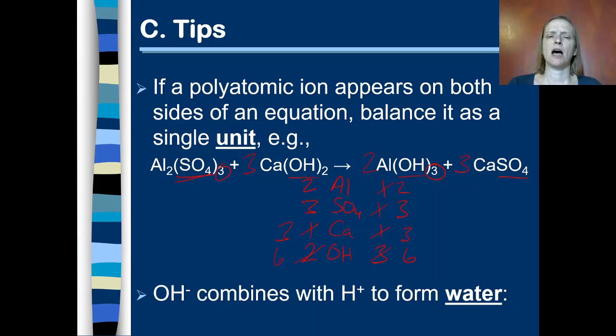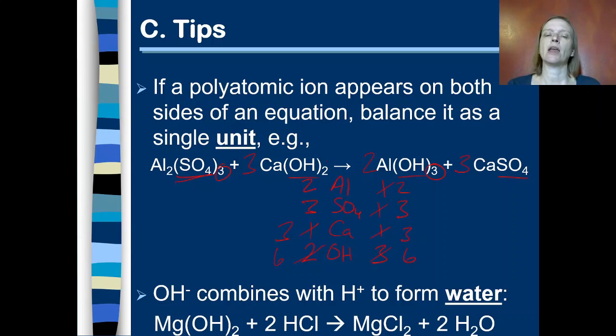One thing that comes up with trying this strategy with the polyatomic ions, keeping it together as a single unit, you need to be aware that a lot of times when hydroxide appears in an equation, it combines with hydrogen ions to form water. So in this example, it looks like the hydrogen ion disappears. It looks like there's no hydrogen ion here on the right side of the equation. But if you think of water as being H with OH, a hydrogen ion with a hydroxide ion, then you